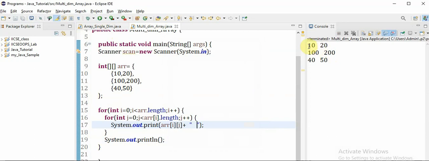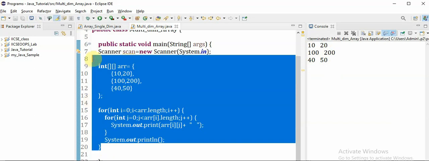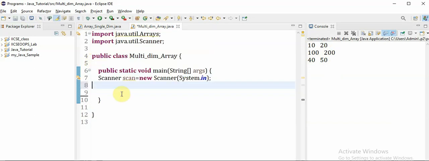So here you can see there are 3 rows, 0th row, first row and second row, and here we have two columns. This is the 0th column and this is the first column, right? So this is how we can do array creation using the array initialization method. Okay, and then the next thing is, I also told you another way to create an array.